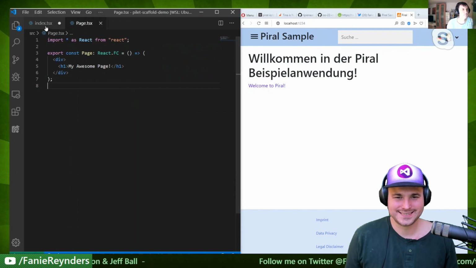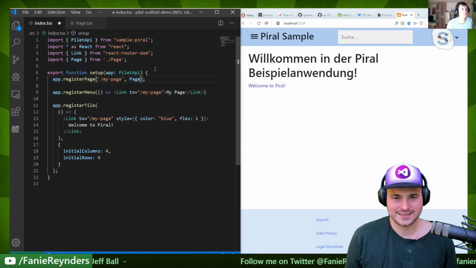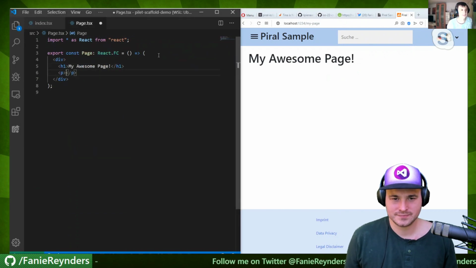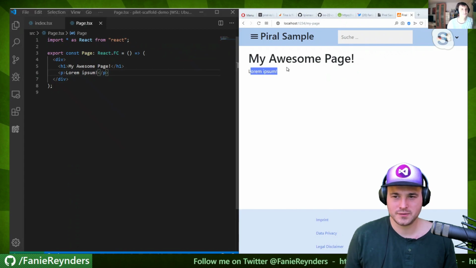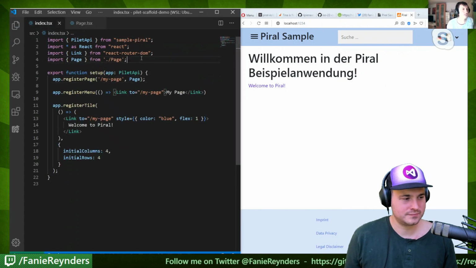Yeah, we just export this here, nice. So we can also say, let's just get the page here. Nothing changed in that regard, right? So the page still works. Just as a proof, I will add some lorem ipsum, and here it is. So everything just works. When we have it as a page, we can also do some lazy loading, because at